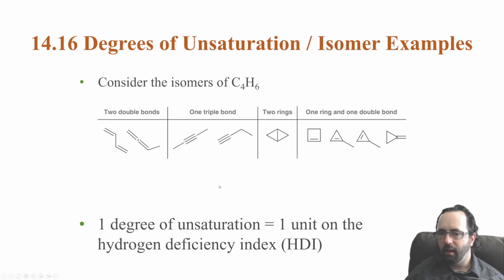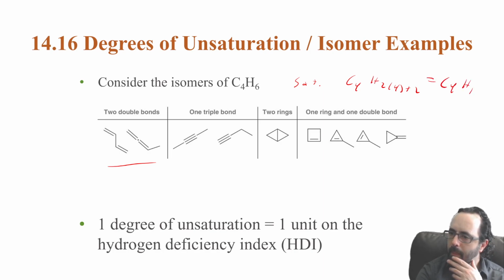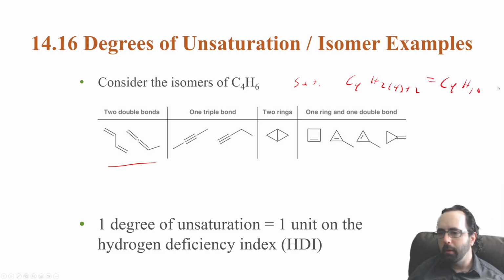So let's say we had C4H6 and we're trying to figure out what could be the structure here. Or we have what we think are these structures and we're trying to see if that's consistent with our expected molecular formula from the mass spectrum. If this were saturated, you always look to the saturated. It would be C4H2 times 4 plus 2. So that would be C4H10. And so what would be consistent is a